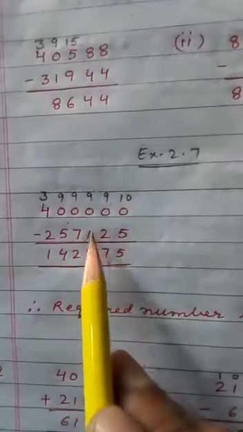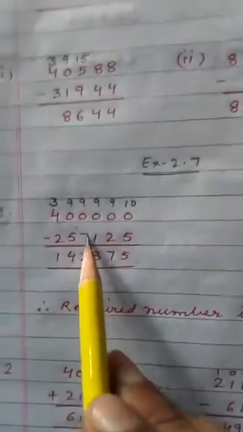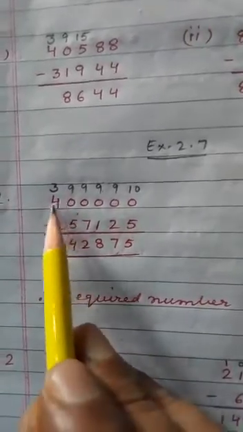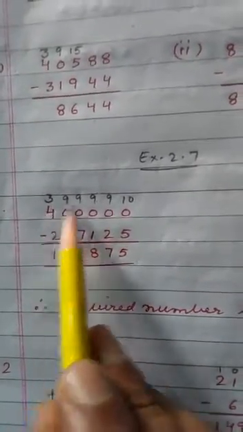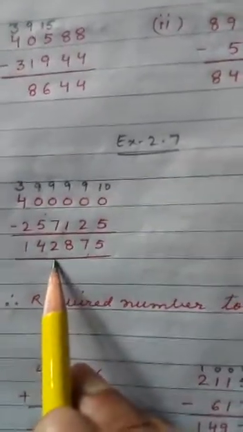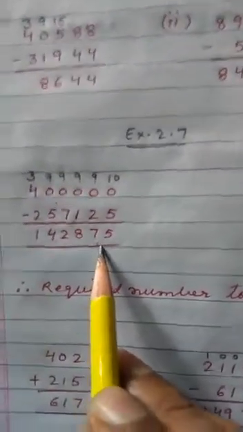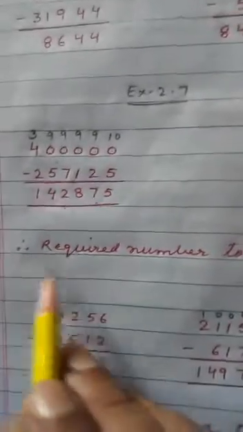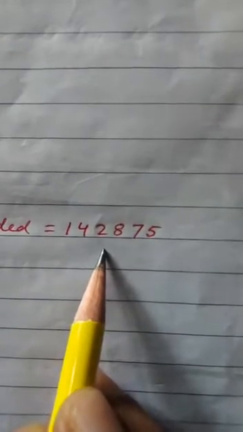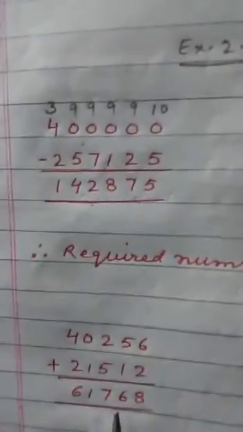Okay, 9 minus 1, 8. 9 minus 7, 2. 9 minus 5, 4. Okay, so 1 we have taken, so it is 3 here, so 3 minus 2, 1. So answer is 1,42,875. Okay, so therefore required number to be added, it will be 1,42,875. Okay, in question number 2 we have to subtract the